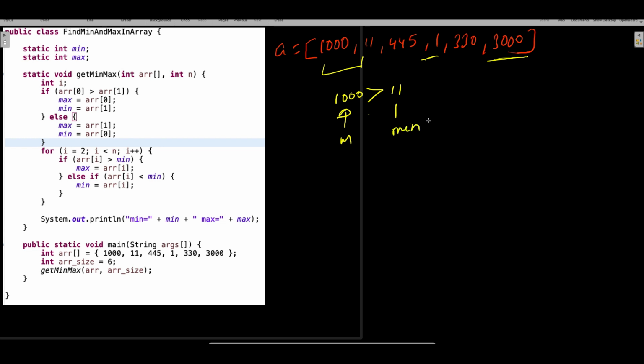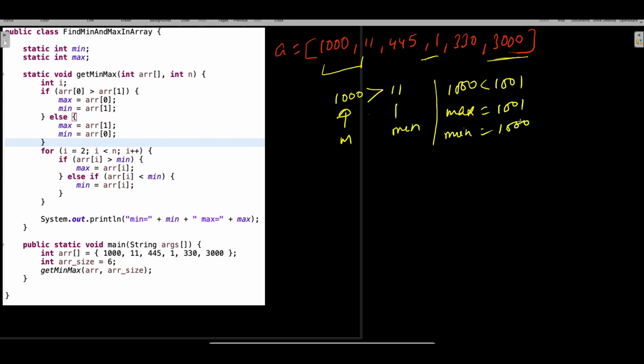Just assume that. If this is not the case, let's say 1000 is smaller than some other number, like 1001, then your max is going to be 1001 and your min is going to be 1000.